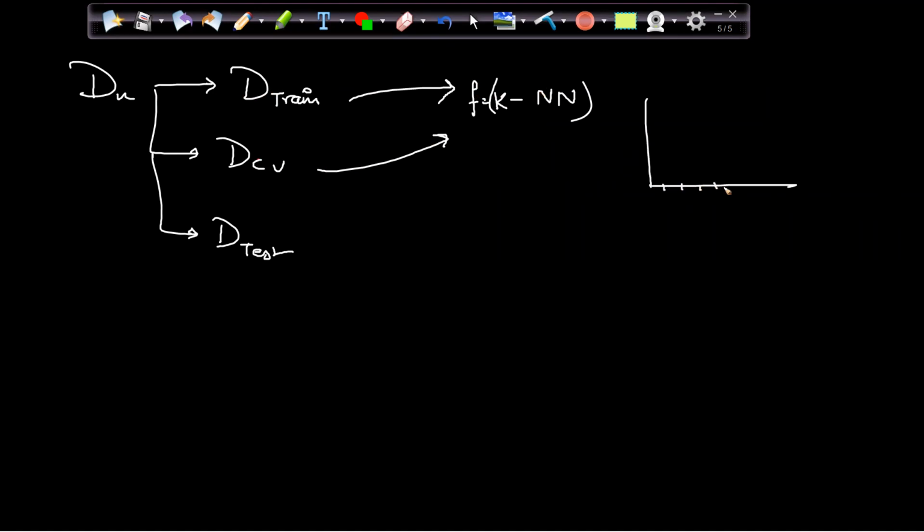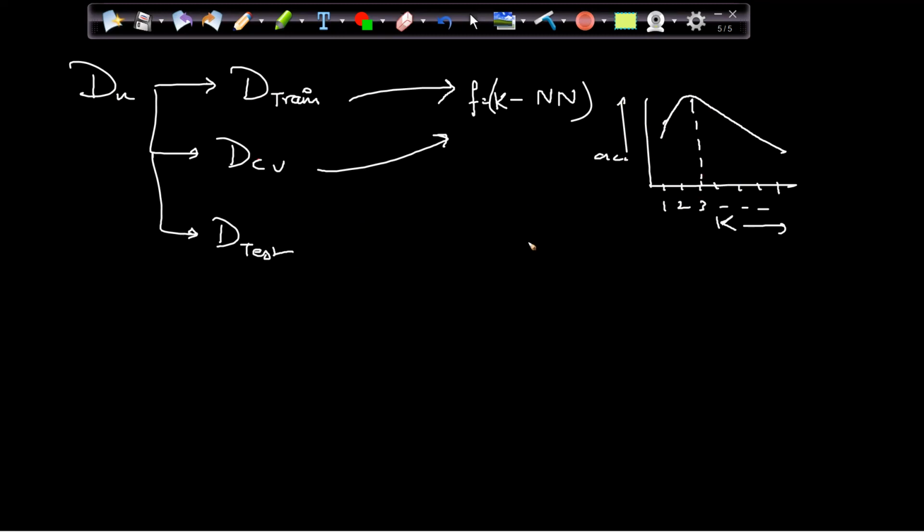I have 1, 2, 3, 4. These are my k's basically, 1, 2, 3, and so on. And here we have the accuracy, and we normally get the plot something like this, and from there we decide which one is giving me the best accuracy. We are already aware of this.